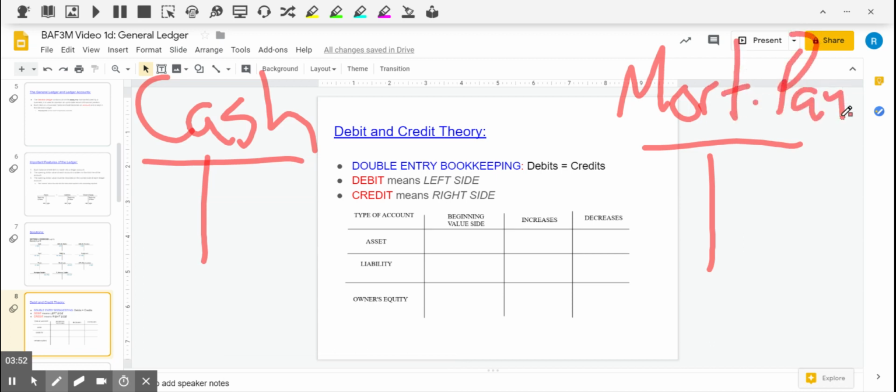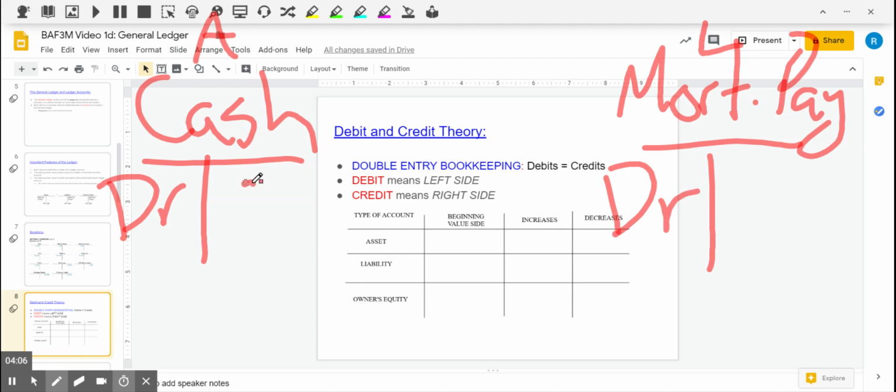Okay, both of these are accounts. This obviously is a liability account. This liability account, and this is an asset account. So in both of these cases, the debit is always the left side, and the credit is always the right side. Okay, so in double entry bookkeeping, anytime you're looking at a particular T account, if we're debiting it,